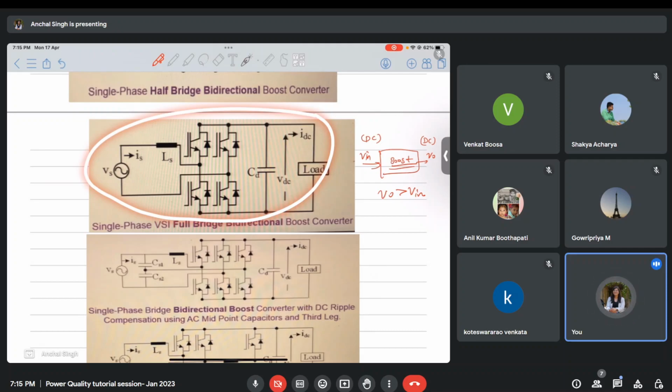Rest, in this box, you can depict the topology using any kind of switch. The switch that I am depicting here could be a MOSFET, SCR, IGBT, anything. Since in today's world people have started using mostly MOSFETs and IGBTs, they have replaced them with IGBTs. Otherwise, there is no difference. The type of switches does not matter here.